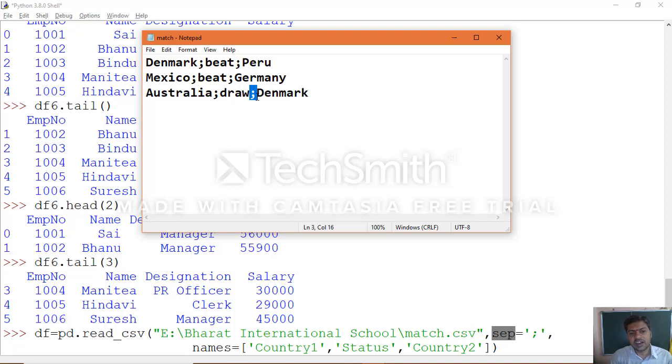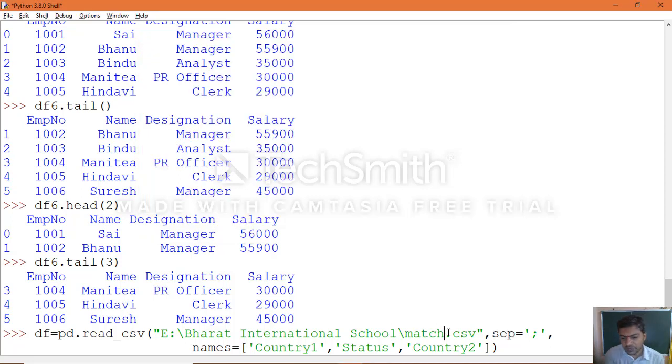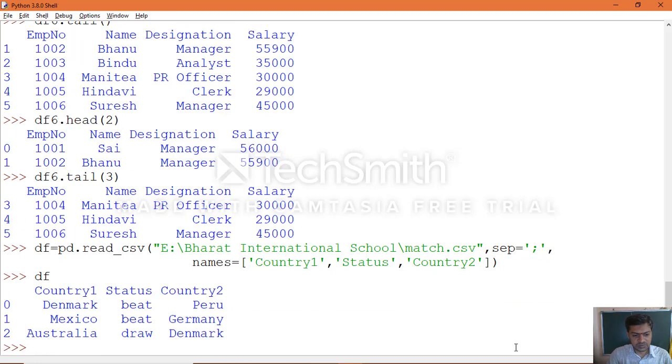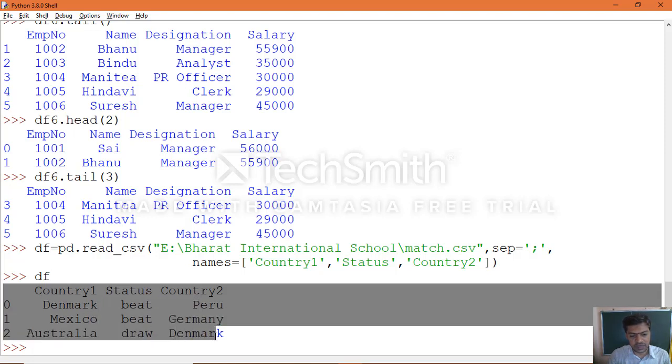So other than comma, whichever you specify within your CSV file, then you must specify the separator argument of your read_csv. Then you will be able to read the data. Okay, execute the object, print the object. You can see same, we extracted the data from the CSV file, match.csv file, and this is the data which it contains.